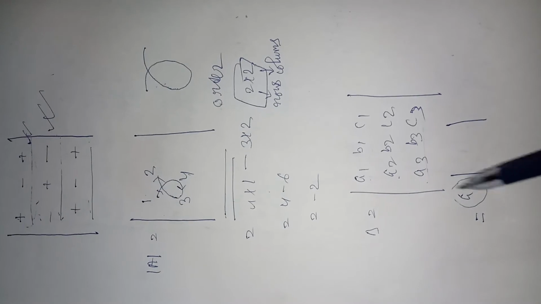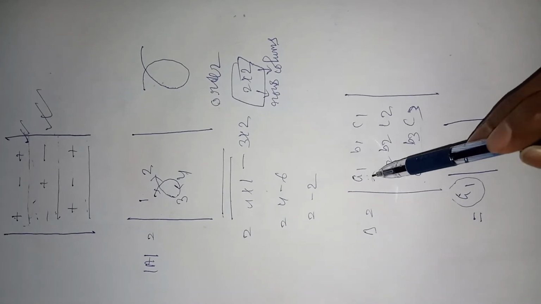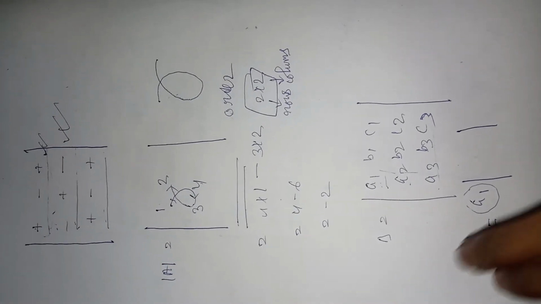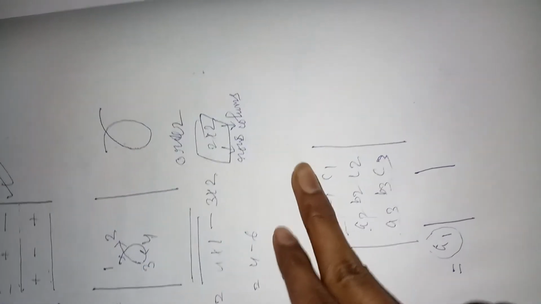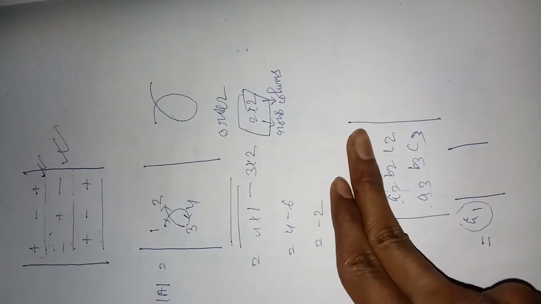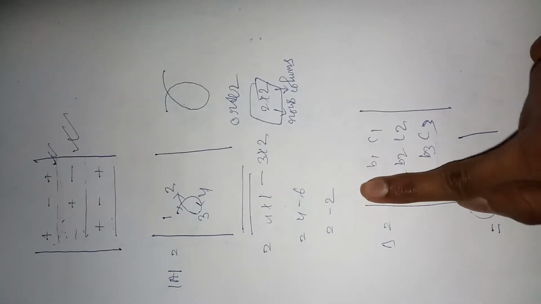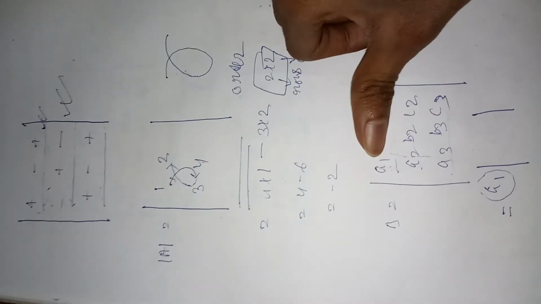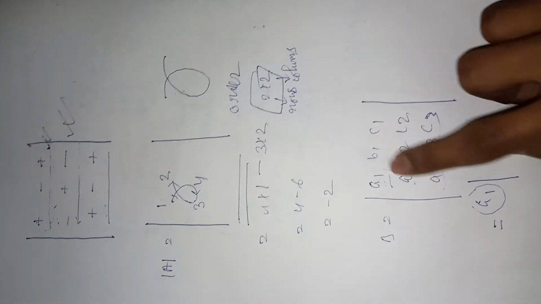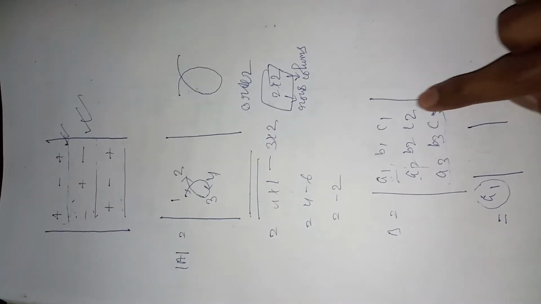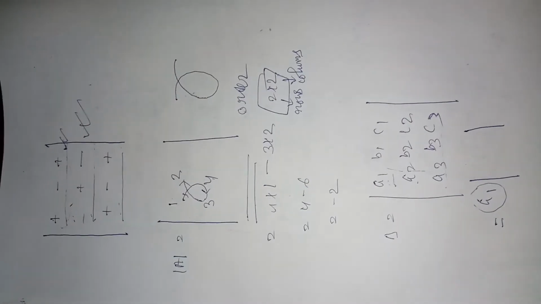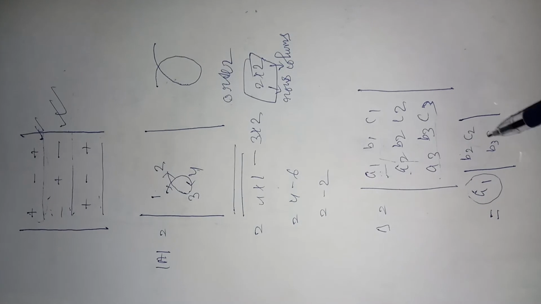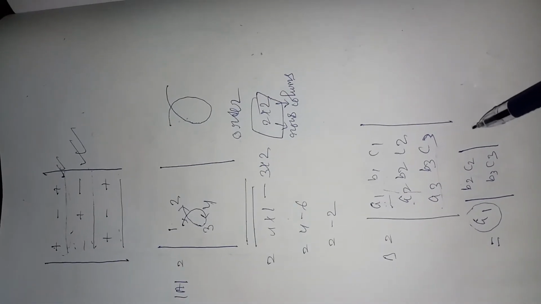So here it is a1, so we are gonna delete this row and this column, and what leaves after that is this short determinant. So we are going to write this as b2 c2 b3 c3, and next comes